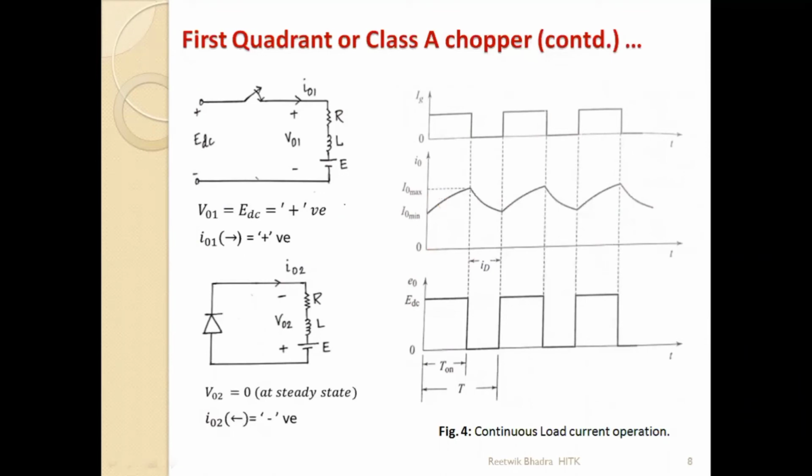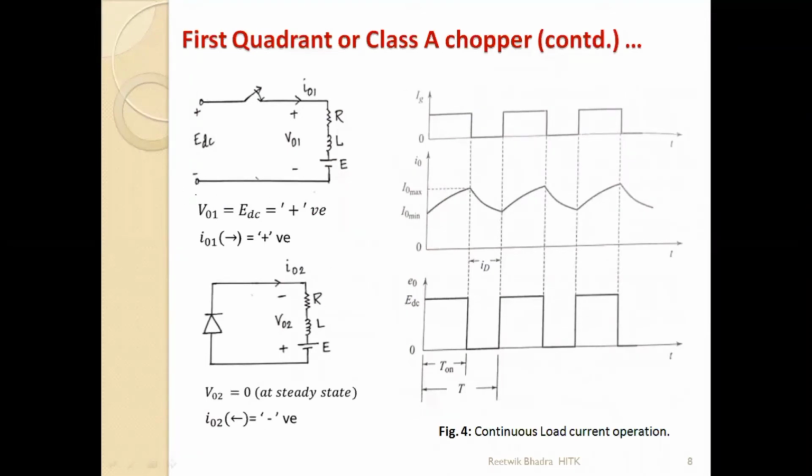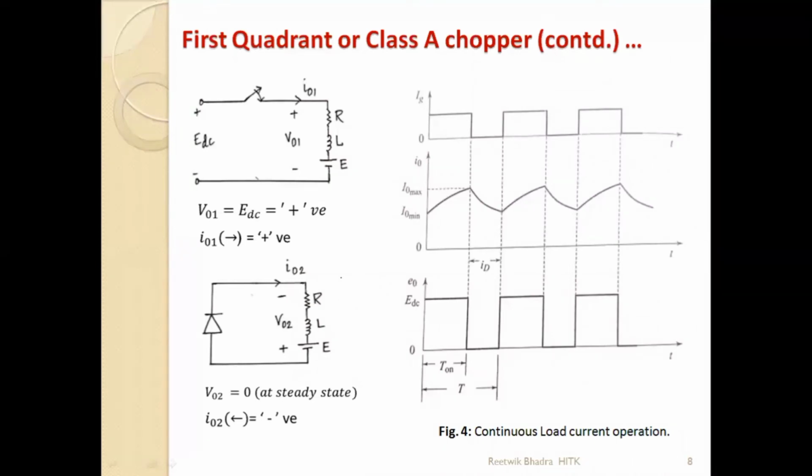In a theoretical exam, you have to write in statements. You have to write down applying KVL. We will get this one equal to this. This one is positive, this one is 0. Hence, taking the average value of both V01 and V02, we will get positive voltage. Taking the average value of I01 and I02, we will get positive current. Since positive voltage and positive current are there, it is first quadrant. This is the sentence you have to write in the theoretical exam. Otherwise, this circuit should always be present in your exam copy.